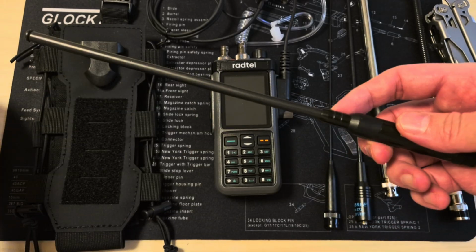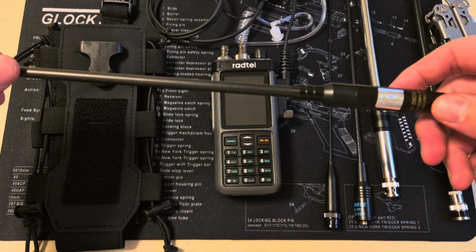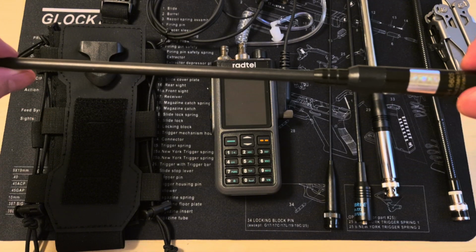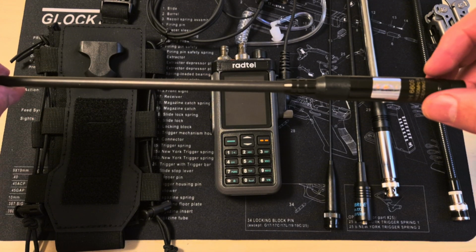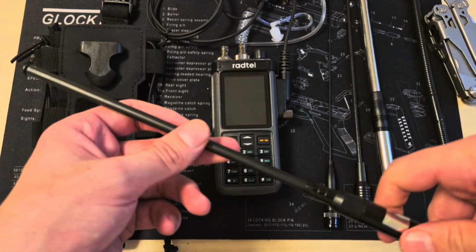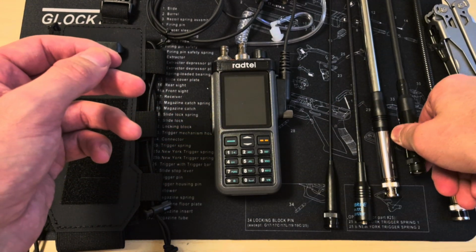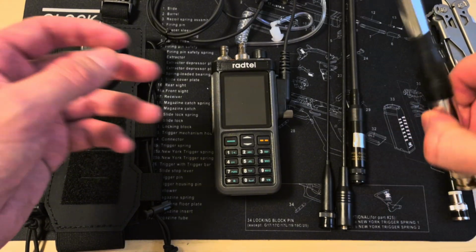When it's closed, the SWR is 1.7, so it's still extremely usable. However, when it's fully extended, the SWR is under 1.1 on VHF and UHF. So the SWR on this is basically perfect. And with this type of antenna, especially at open sea or if you're in the mountains, it will probably reach